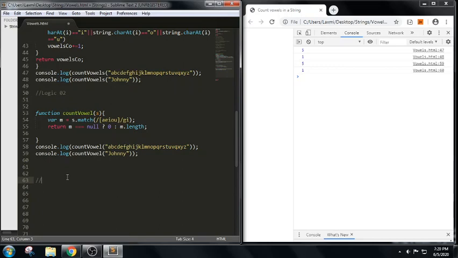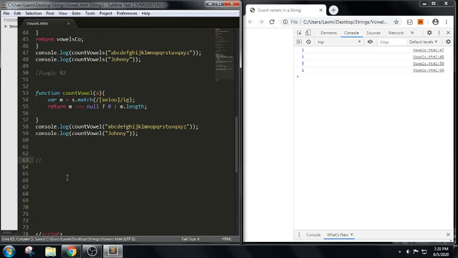If we elaborate on this, we are trying to use a regular expression, G for matching the whole string, I for the case insensitive, G for the global match, I for the case insensitive. And the next one, we are trying to check if it has any null value or nothing, then it will return 0, or else it will return the number of characters in it. Now let us implement the same logic using a replace.